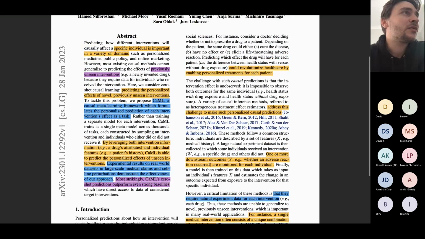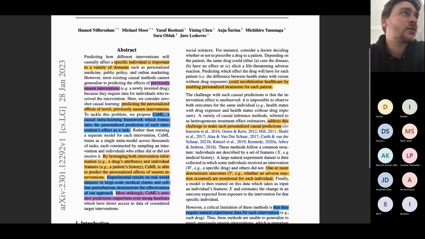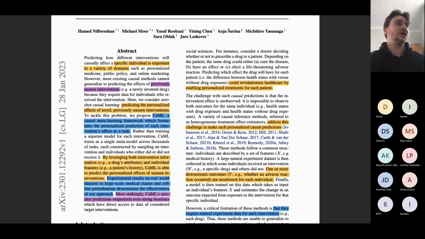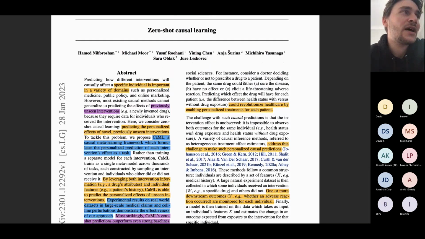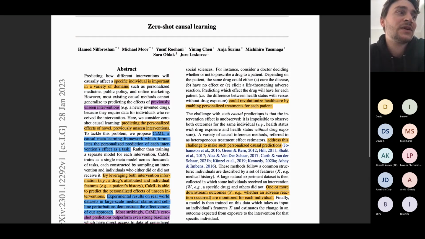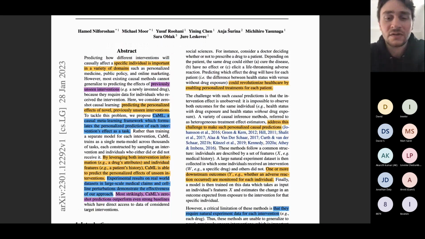Let's see, is there anything over here? They do talk a little bit about the impact of this work, and I do think it's worth noting because zero-shot causal learning could revolutionize healthcare by enabling personalized treatment for each patient. And the reason is because often patients are given completely new treatments with respect to everything that's been done before, or